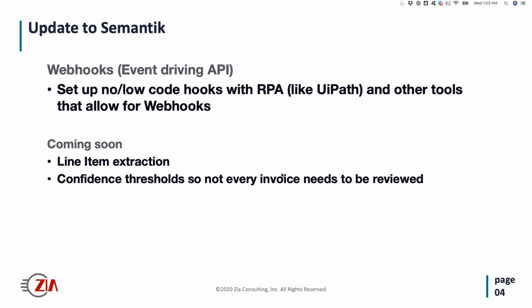And then they're going to be introducing confidence thresholds. Right now, everything needs to be reviewed. All invoices are going to go in, and they're going to give you the confidences for each field that they extract, but they want people to look at those. They're going to start giving you the capability of configuring thresholds, so you can have total throughput. You can say, if that confidence is 90, just push it through and then you hit the webhook.